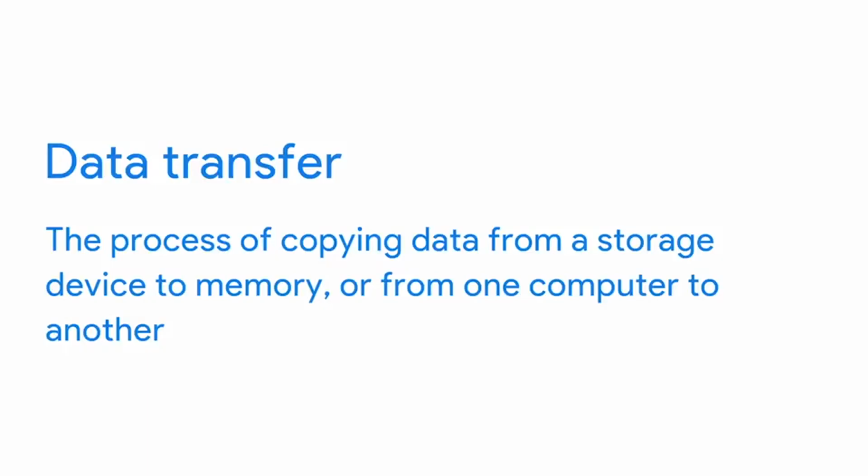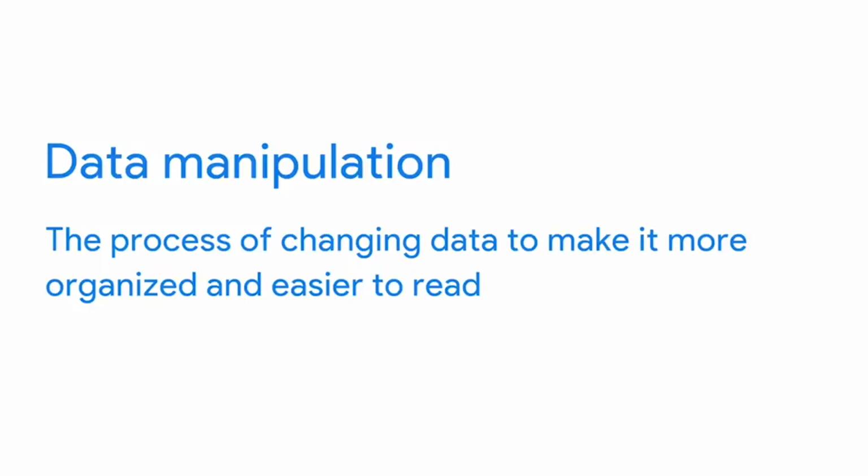inconsistencies. There's also the issue of data transfer, which is the process of copying data from a storage device to memory, or from one computer to another. If your data transfer is interrupted, you might end up with an incomplete data set, which might not be useful for your needs. The data manipulation process involves changing the data to make it more organized and easier to read. Data manipulation is meant to make the data analysis process more efficient, but an error during the process can compromise